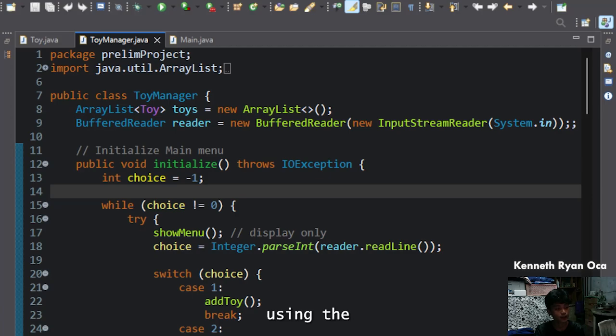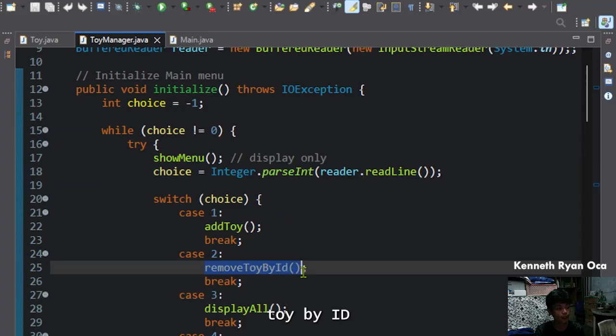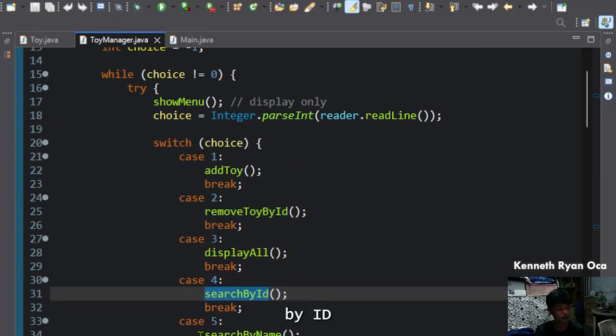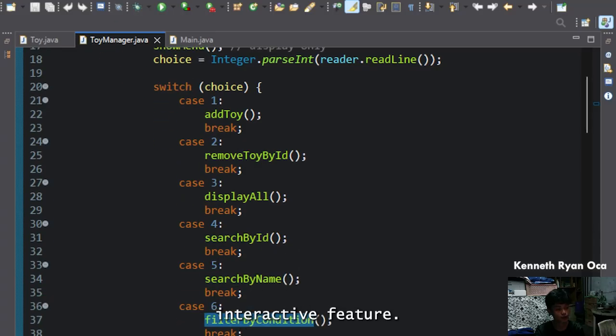The menu will include add toy, remove toy by ID, display all, search by ID, search by name, filter by condition, and search by interactive feature.